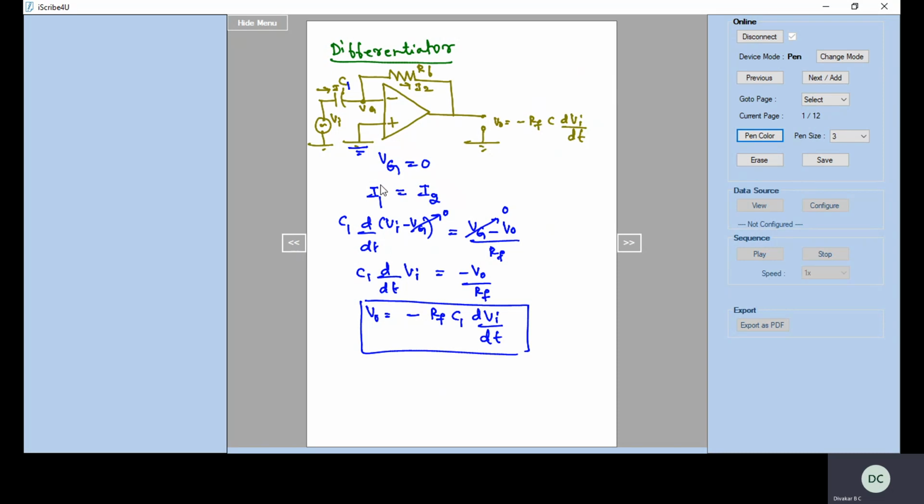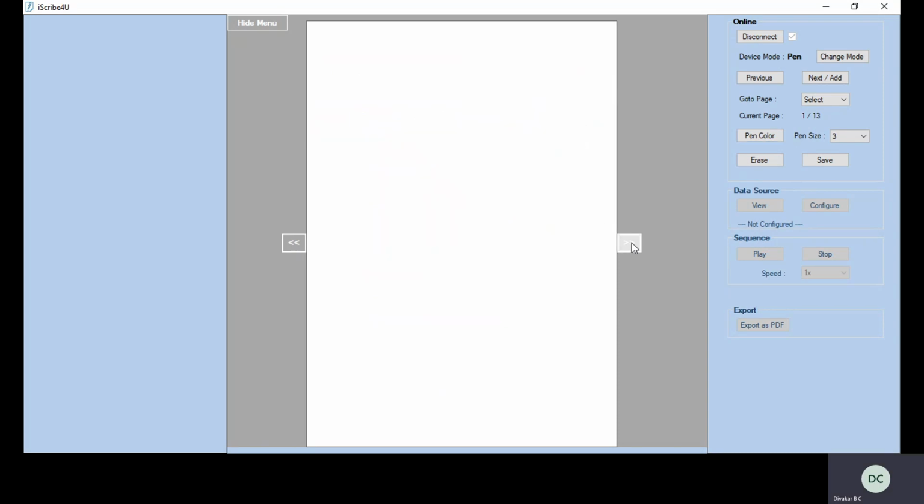The next topic is comparators. A comparator is a circuit used to compare two voltages. Op-amps are used as comparators to compare the amplitude of one voltage with another. Here, the op-amp is used in open loop configuration, that is with no feedback, with the input voltage on one input and the reference voltage on the other input. So this is the circuit diagram: minus, plus, there is no feedback.